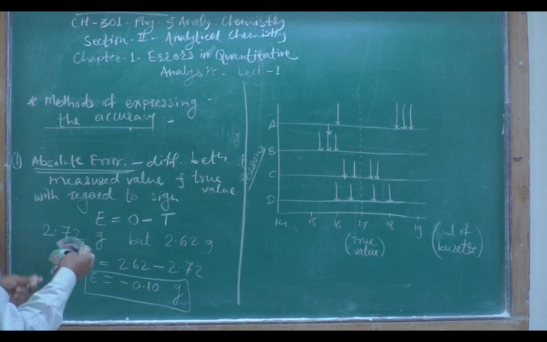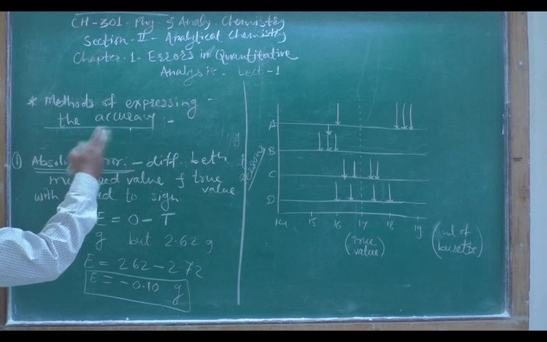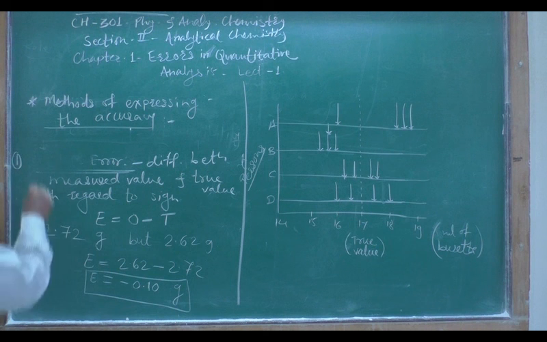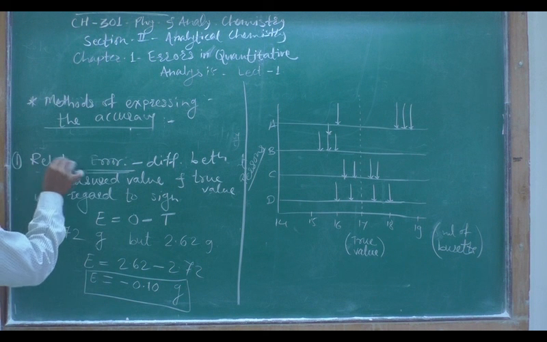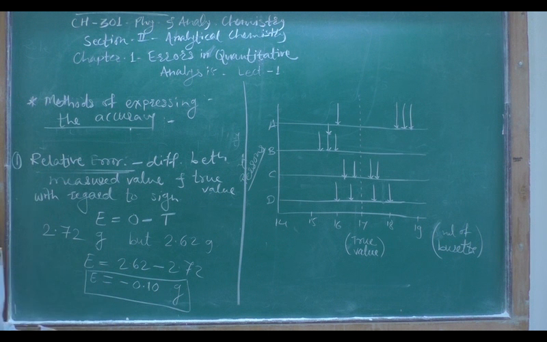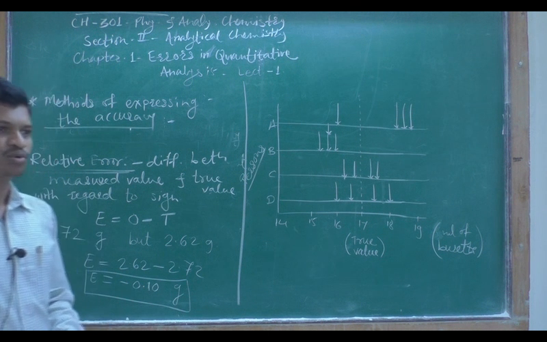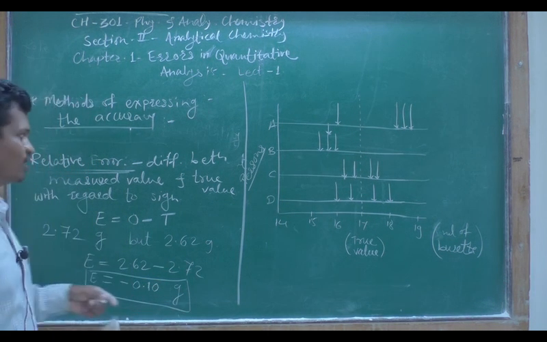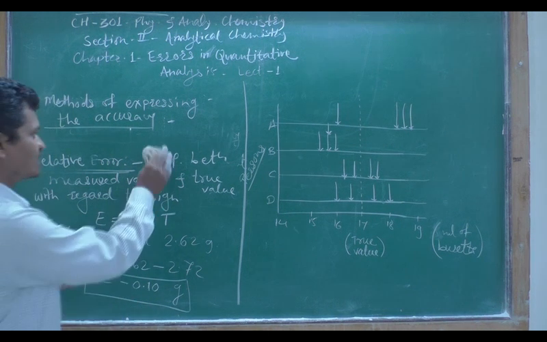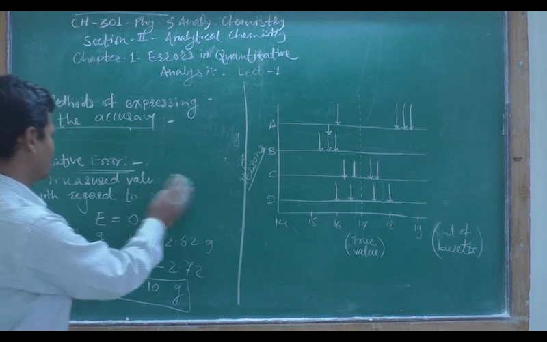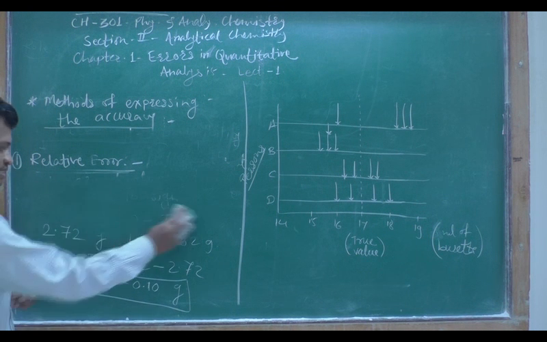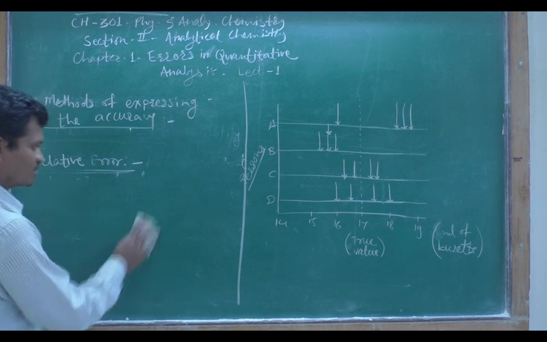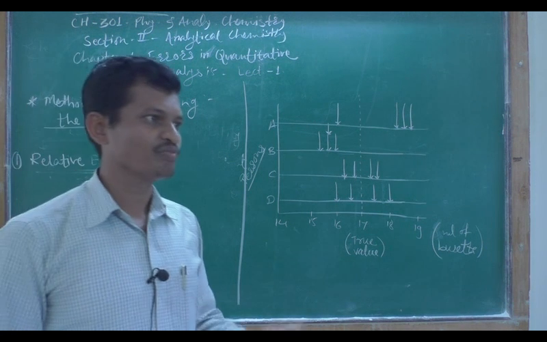Now the second method of expressing the accuracy is the relative error. Why is there a need to express the errors or the accuracy as relative error? Because absolute error has very little significance. Absolute error has very little significance, meaning importance, because